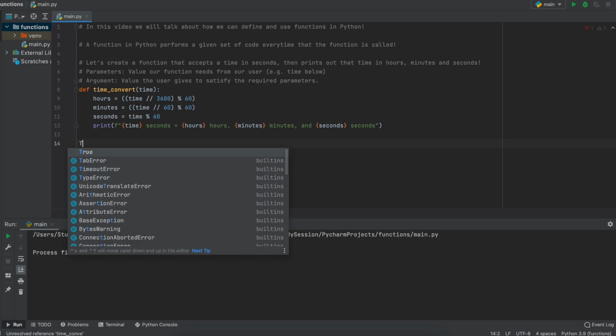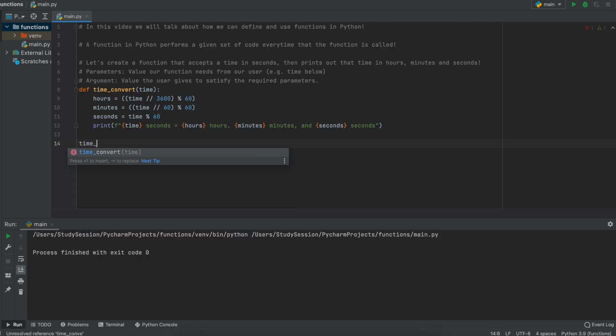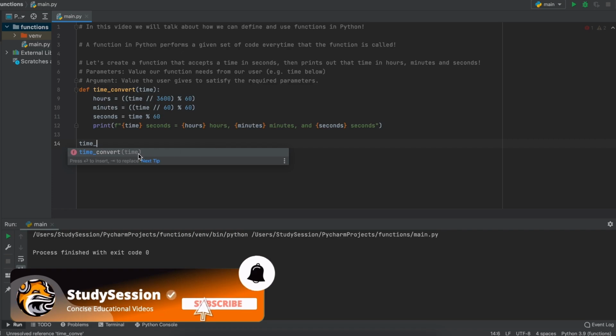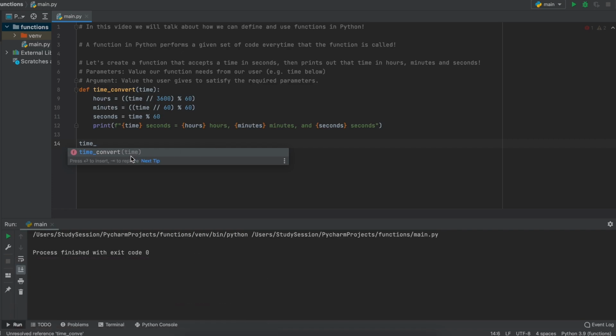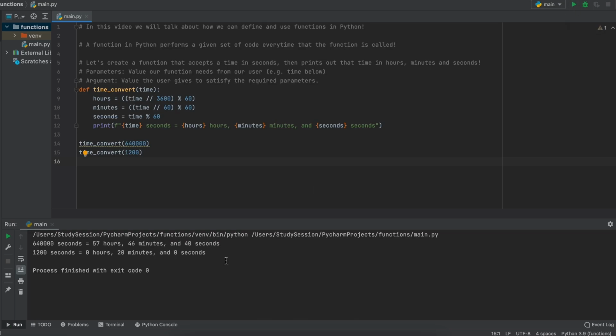So, to call our function, we simply type the name of the function and give our argument for the parameter inside the parentheses. As you can see here, at least in the PyCharm IDE, our timeConvert function autofills and it shows us how many arguments we need to give it, and the parameter name that it will take in as the argument. In the next video, we are going to go through how to accept multiple arguments and the difference between keyword and positional arguments.